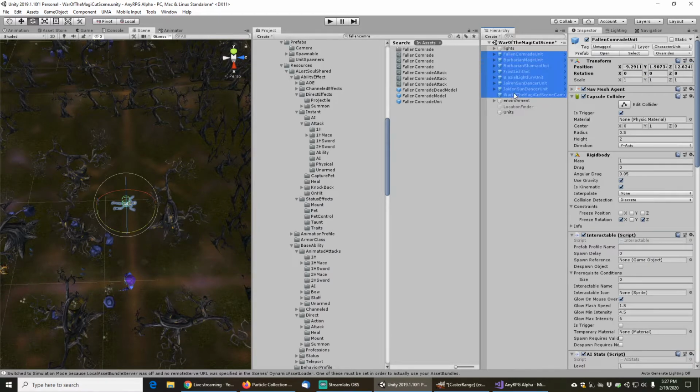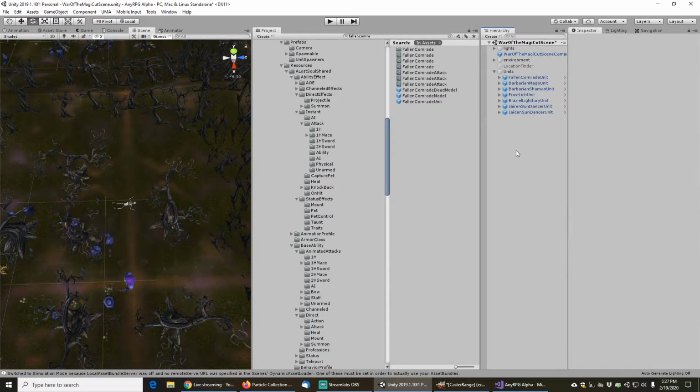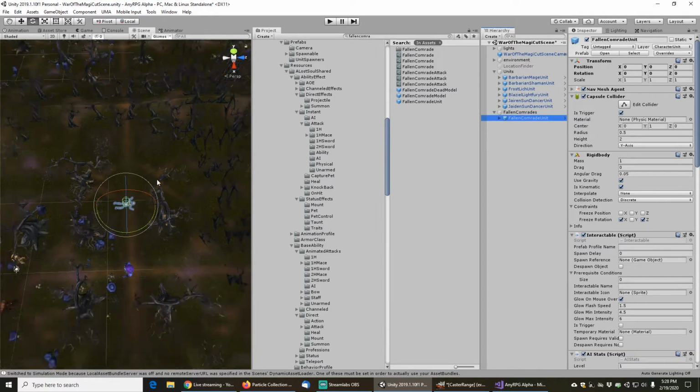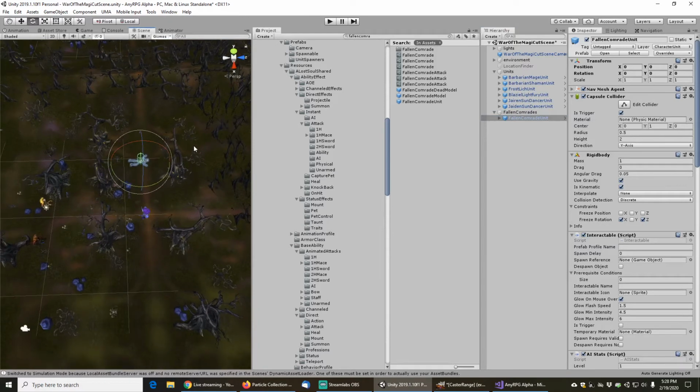Now I'm going to pull them all back in there and they won't get moved to weird spots. Then I want to create an empty underneath there, and I'm going to call this one Fallen Comrades. We'll move the Fallen Comrade unit under there, and then we'll start duplicating them and putting them all over